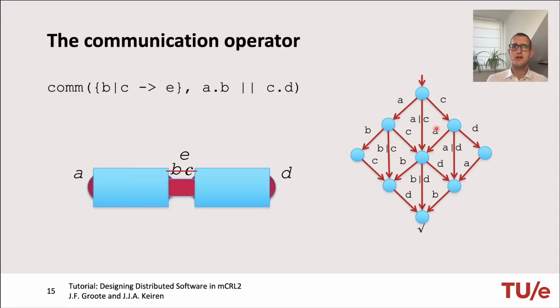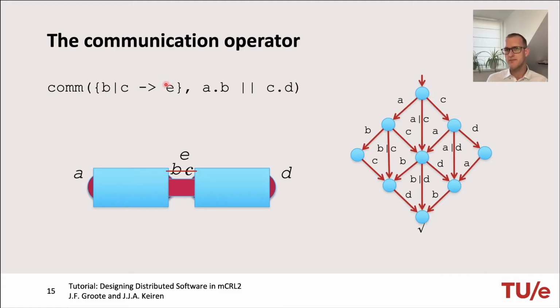Now this can then be used to describe communication between two processes. So for instance, if these two processes communicate on B and C, so basically if B and C happen at the same time, they exchange some information, and say we refer to this exchange as E, then we can make this explicit. So we say that in this parallel composition, when this multi-action BC happens, the two processes communicate and